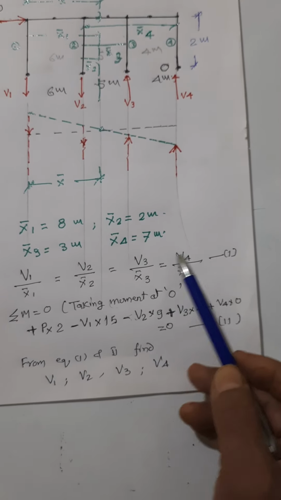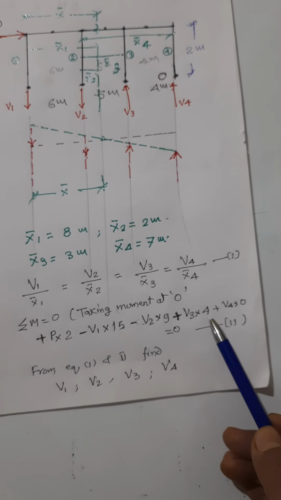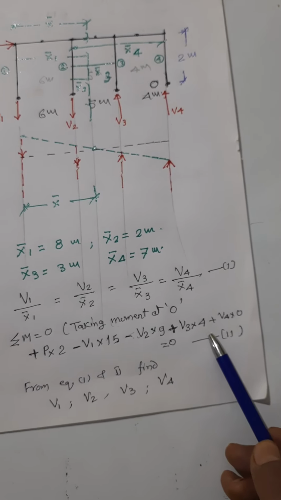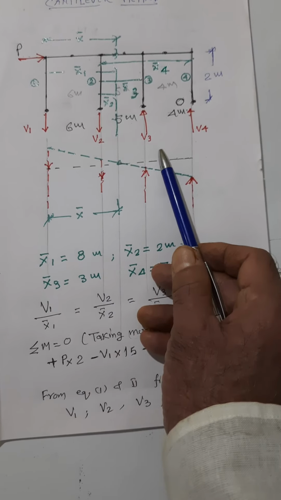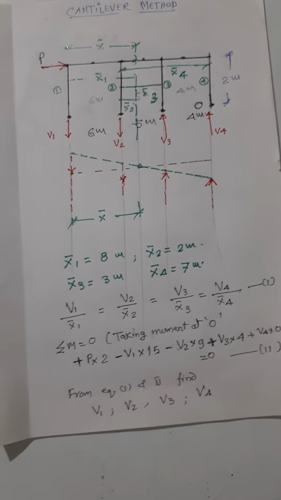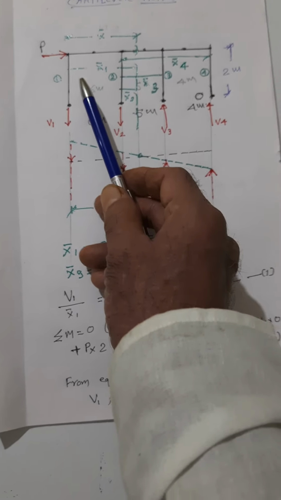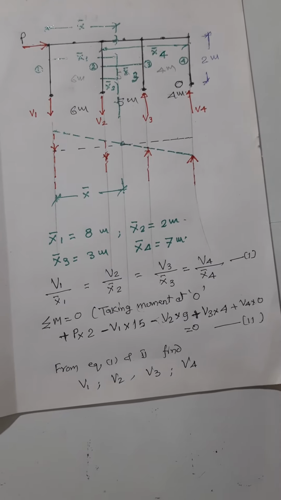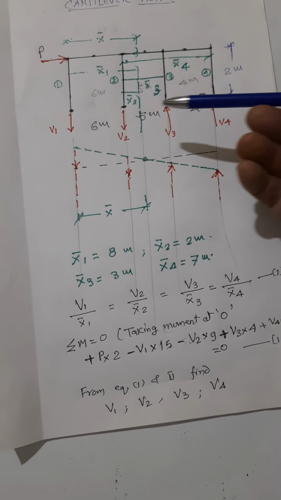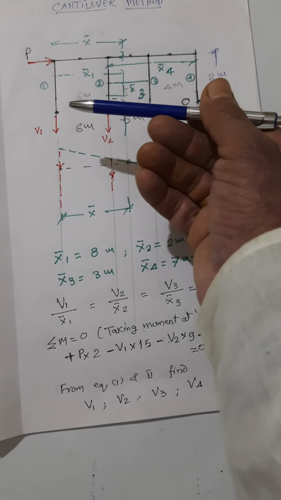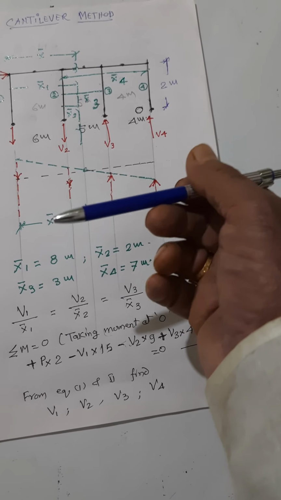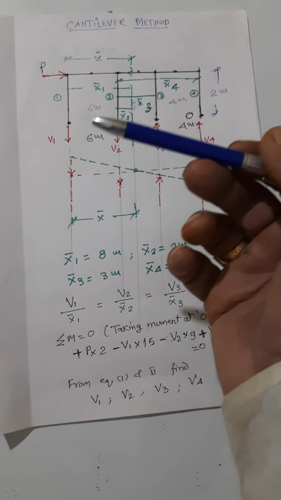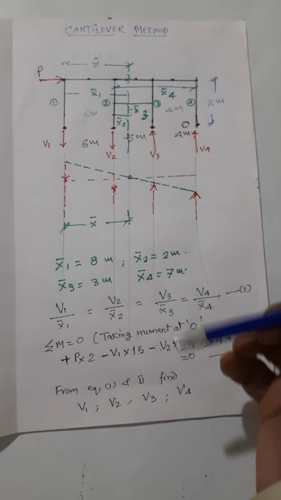Now with the help of equation number 1 and equation number 2, we can very easily find the values of V1, V2, V3 and V4. Now separately join A, B, C and D. Previously we were aware of H, but now here V is known. So we have to use the general algebraic conditions of equilibrium, not starting from H, but starting right from sigma V.